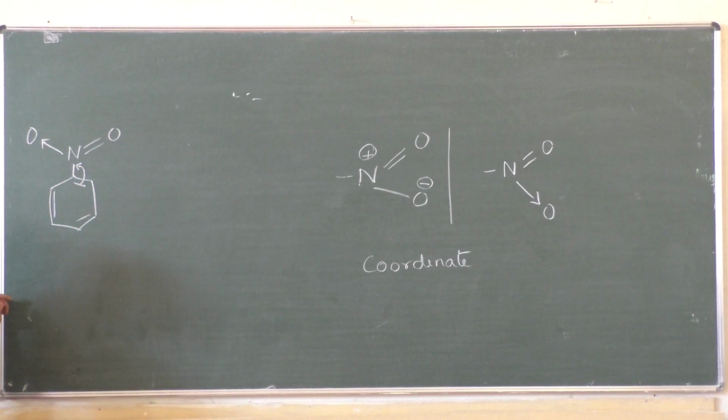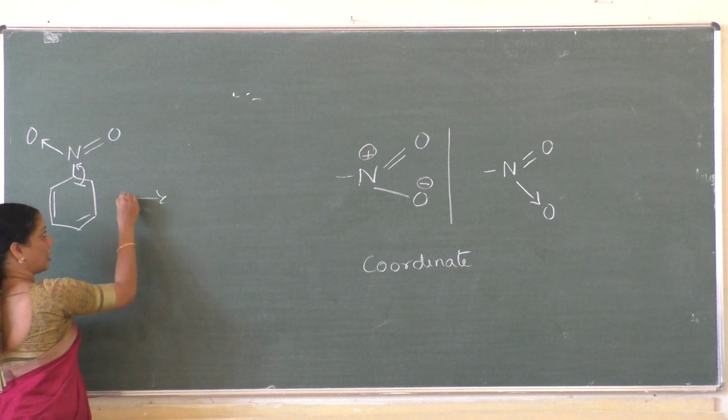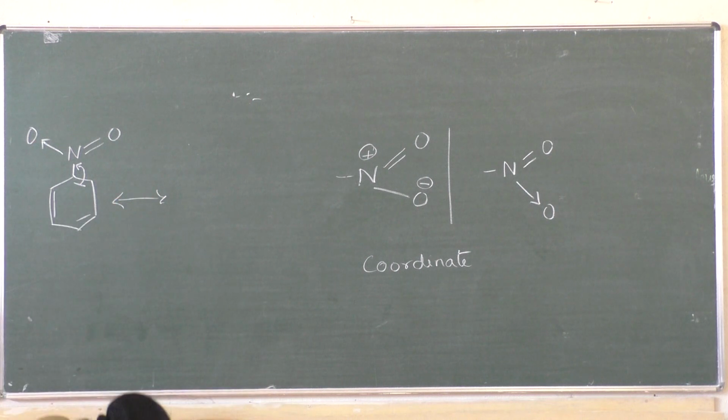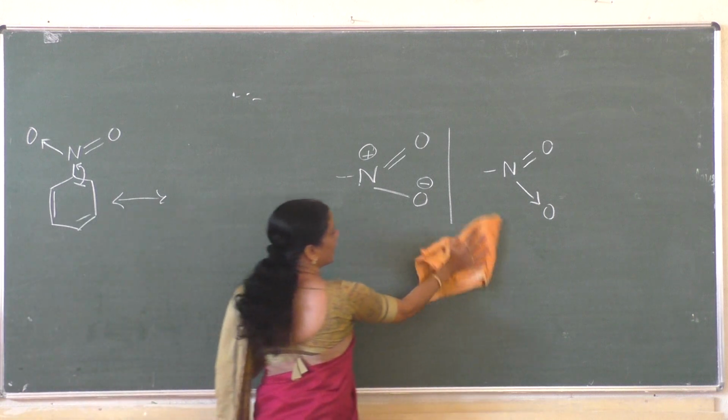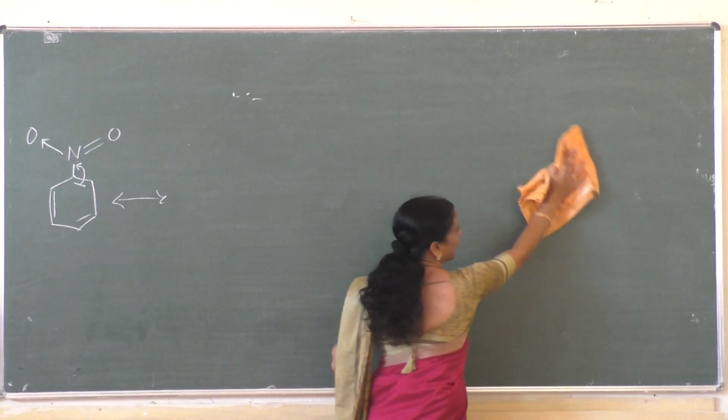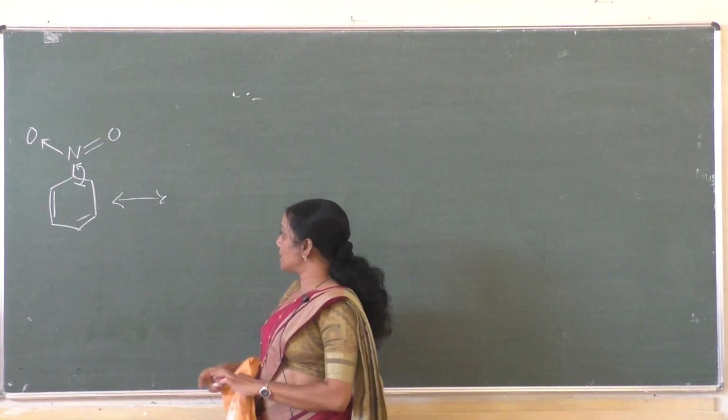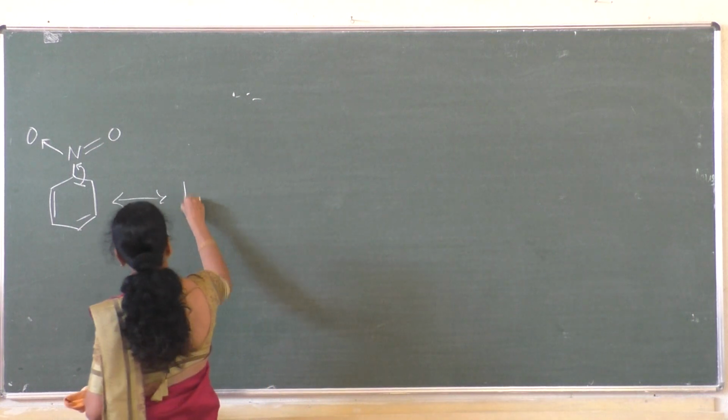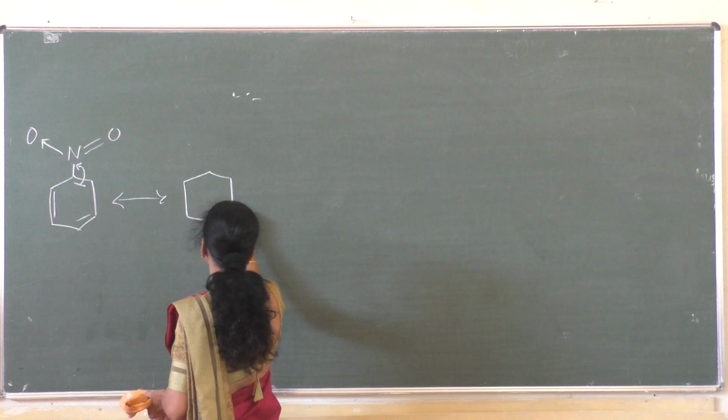Withdrawal of electron takes place. The pi electron gets shifted to the nitrogen atom. Shift of electron is nothing but formation of a new bond. Understood? Now I'll write the resonance. We know that the indication of the resonance here is always we have to write the forward and backward headed arrow mark to represent the resonance. Now I'll write the resonance structure.